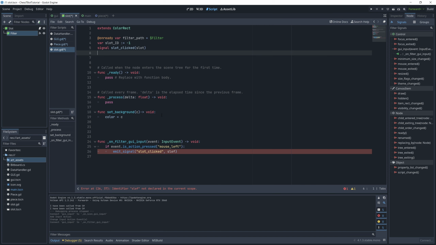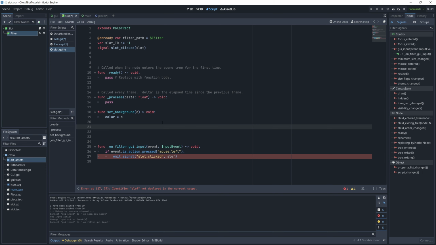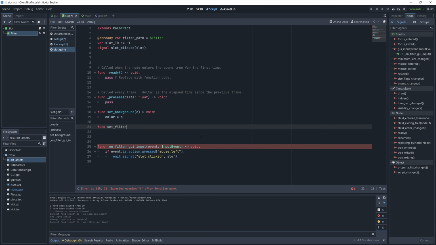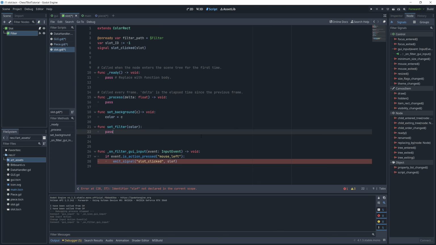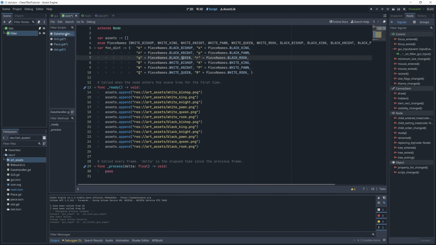And so basically when we have something clicked on it, we want to set a filter, right? To, for example, display the path of a piece that is a viable path. So we'll do a quick set filter, with respect to set background. And let's have a color. So instead of setting the color right here, what I'll do is go to data handler